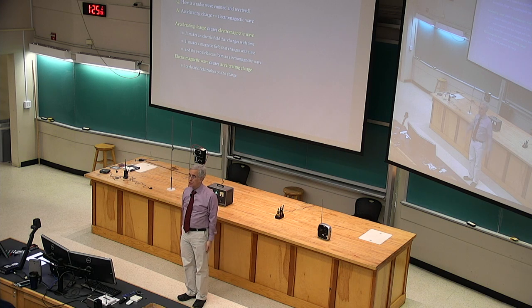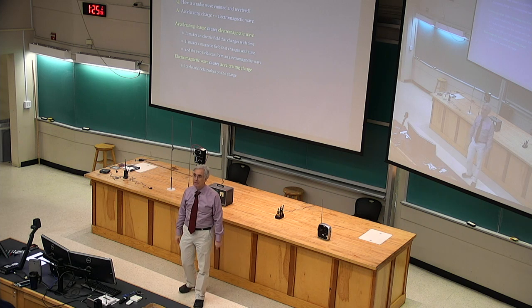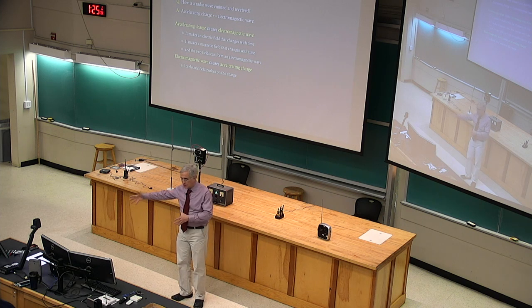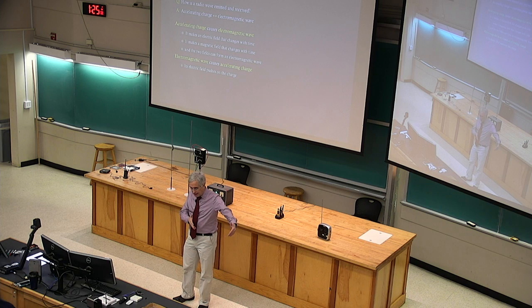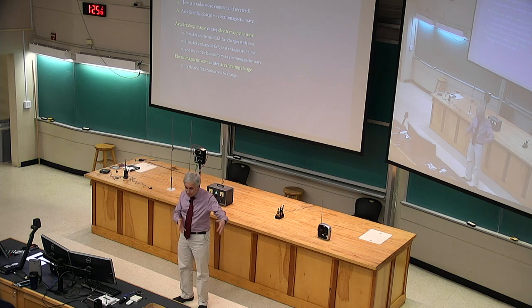So far still, no electromagnetic wave. Where do you get the electromagnetic wave? Make the charge accelerate. This is the first real change with time. So instead of putting the current through the wire and keeping it continuous, send the current through the wire and then slow it down, and then send it back the other way and slow it down, back and forth.